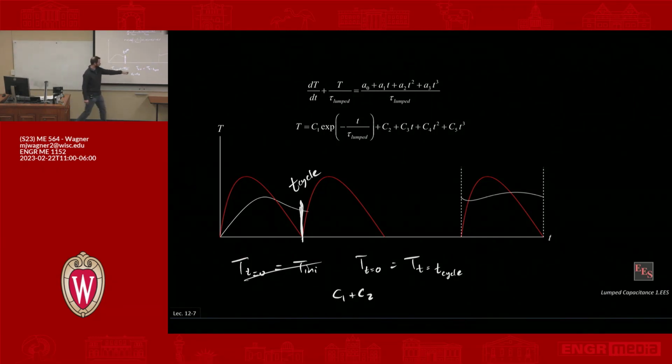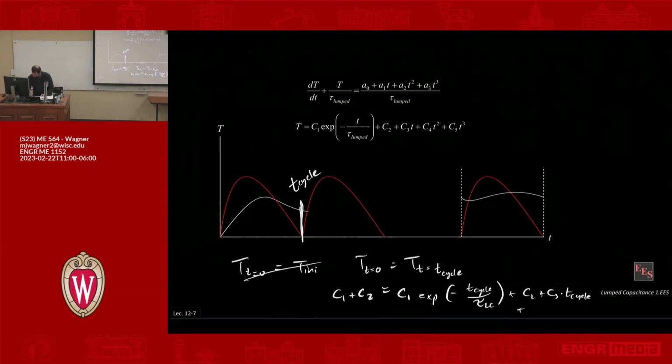The right-hand side evaluated at t cycle is C1 exponential of minus t cycle over tau LC, plus C2 plus C3 t cycle,